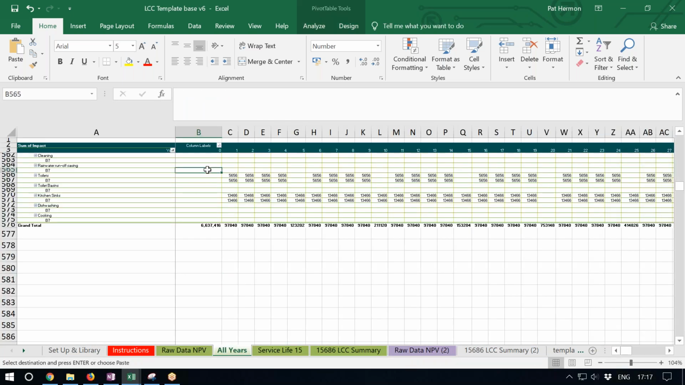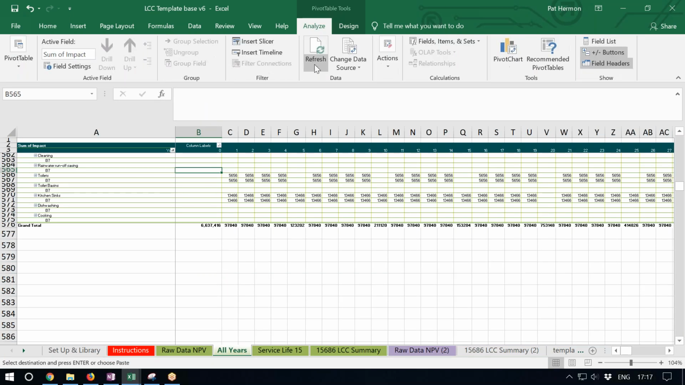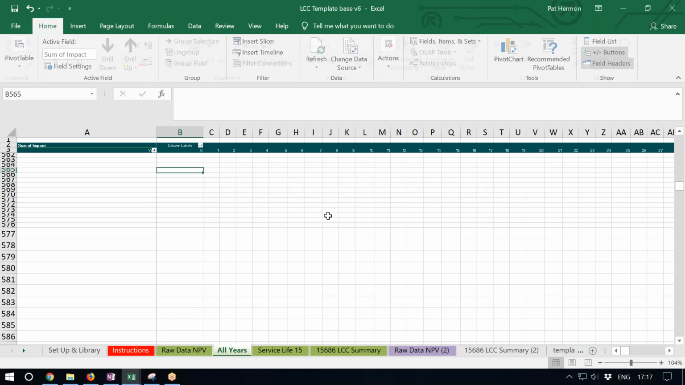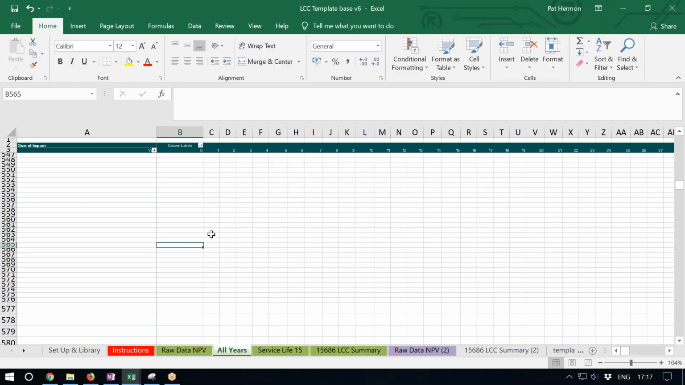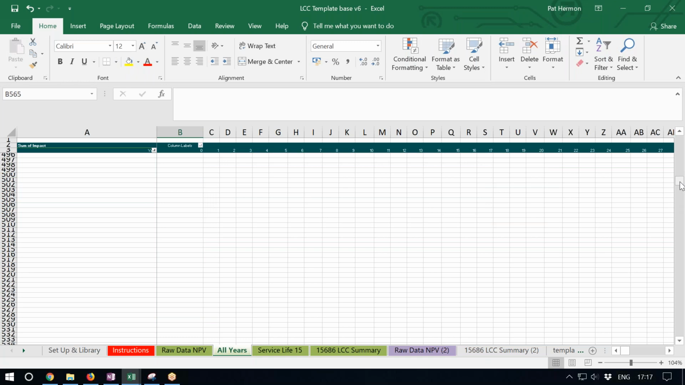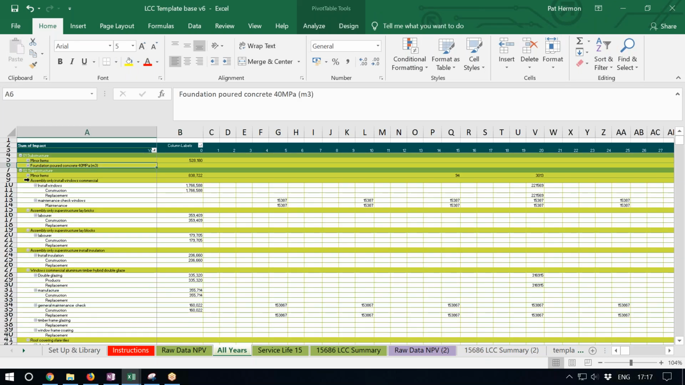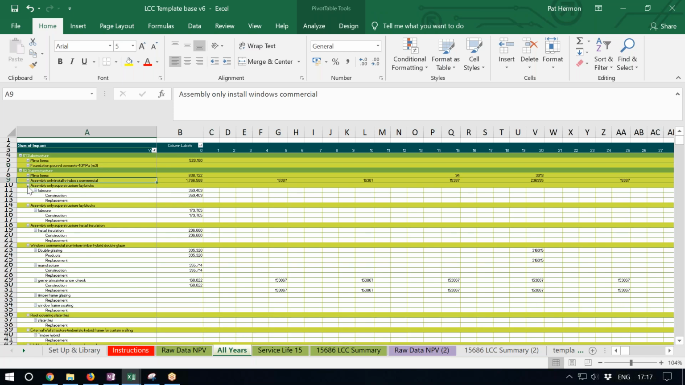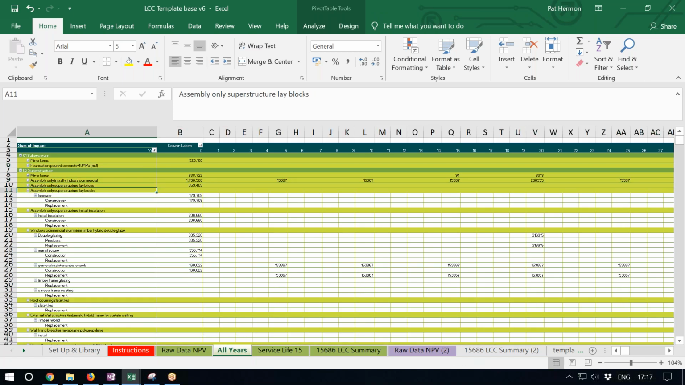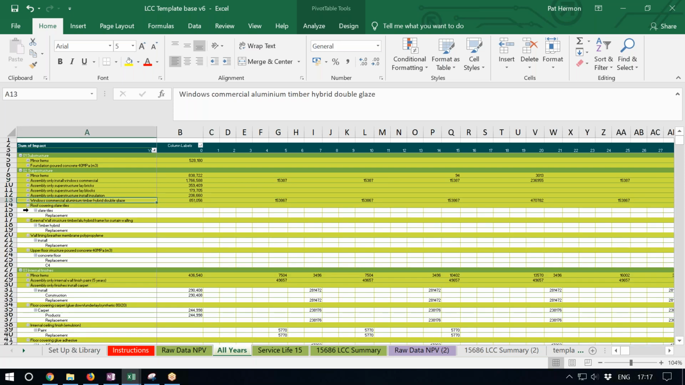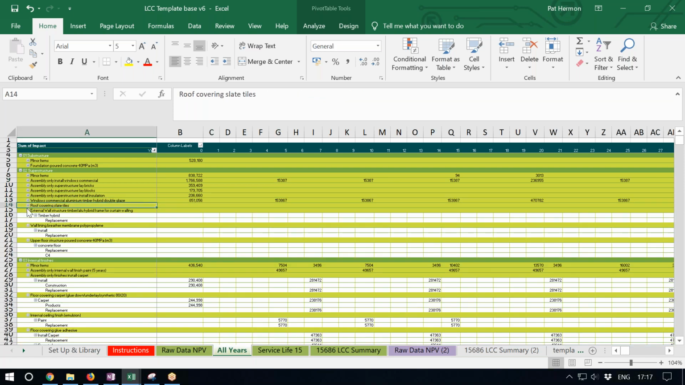Then we can update these tables, so refresh these pivot tables. And we see the life cycle costs presented here. Just tidy them up a little bit, and you see that window maintenance every 5 years presented in this table. These are the kind of tables that need to be presented for 15686 compliant